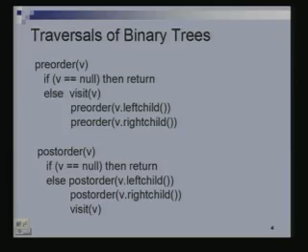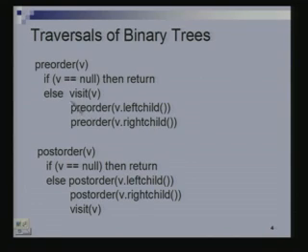So, in a pre-order traversal, what are we saying? V is a node. If V is null, then there is nothing to be done. If V is not null, then in a pre-order traversal, we first visit V. A visit is some generic computation, we do not know what it really is; it depends upon your particular application. So, we first visit, then do a pre-order traversal on the left child and then a pre-order traversal on the right child. Note that this is a recursive procedure.